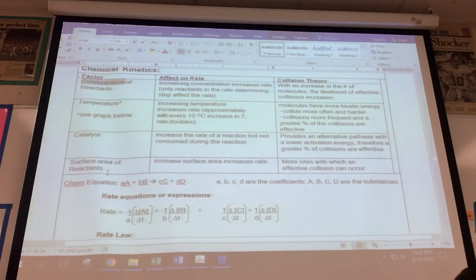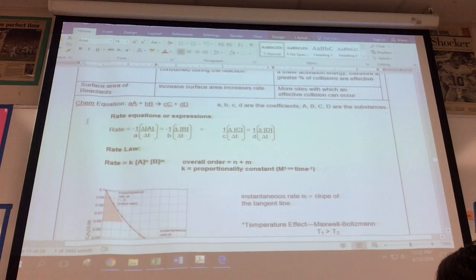Surface area is a key point as well. When you compare solids with powders, powders have greater surface area. They have more sites with which an effective collision can occur. Anything that increases the likelihood of an effective collision will increase reaction rate, and that's what you were looking at with your quiz. Make sure you know the difference between rate equations